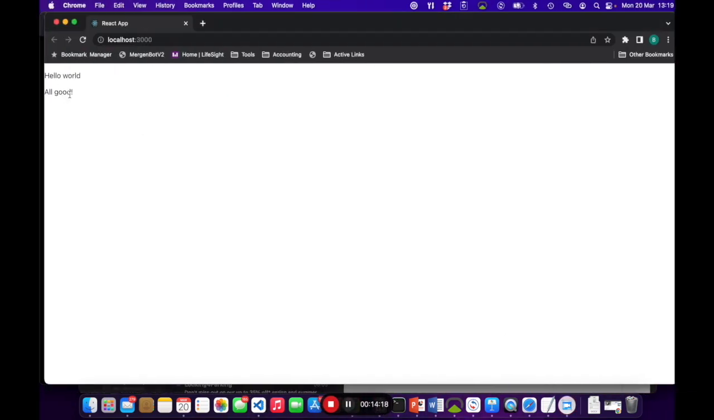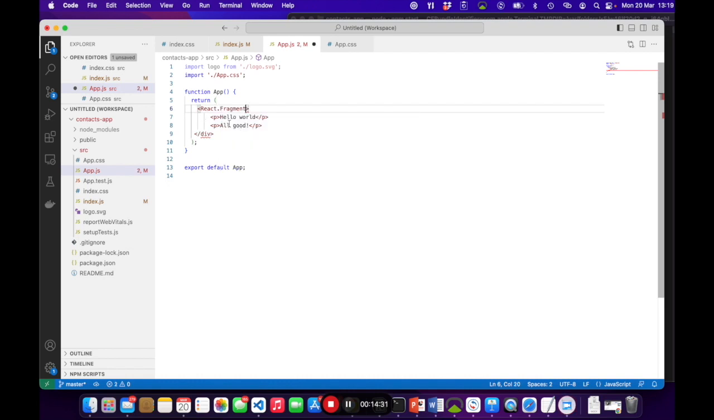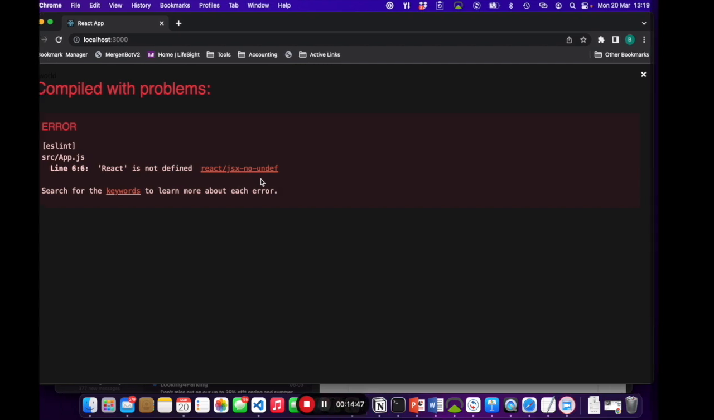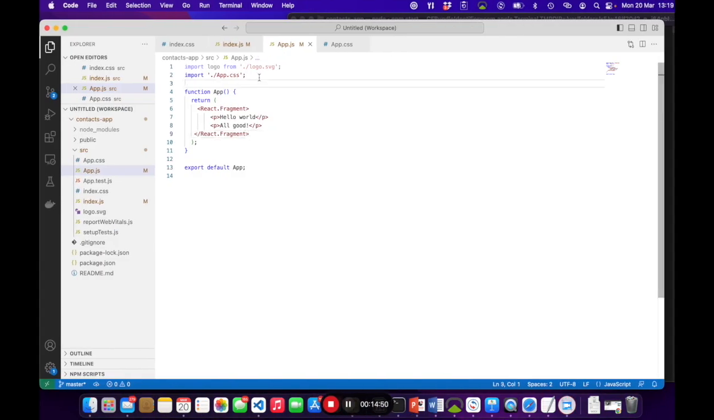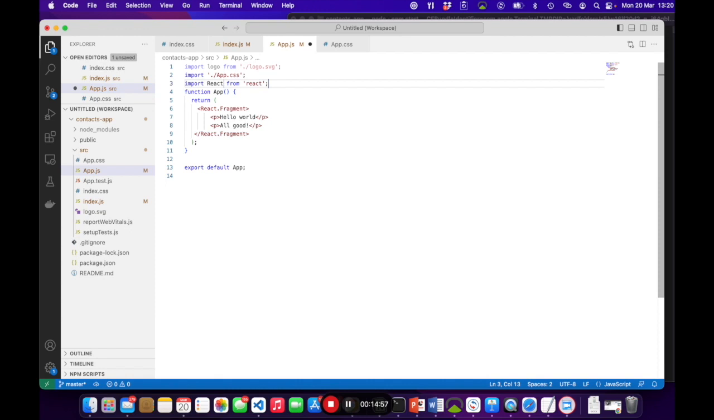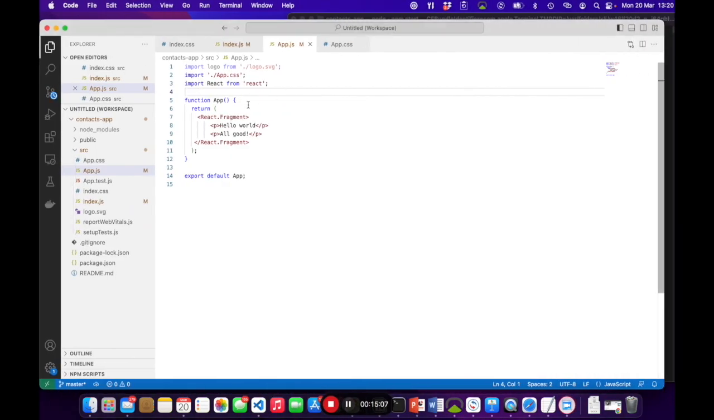Let's change div to React.fragment. We had a compile error on the browser because we didn't import the React library. Let's import it. It's a good practice to import the React library when we create a component. Let's check again. So we created our first application. In the next part, we will develop a meaningful app and